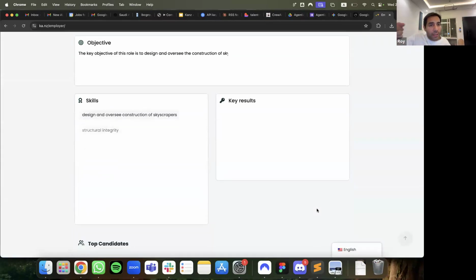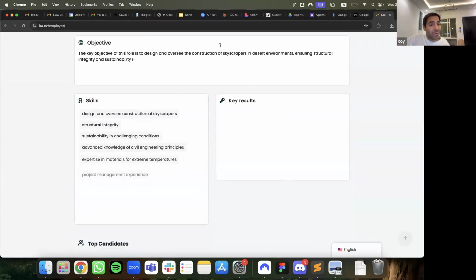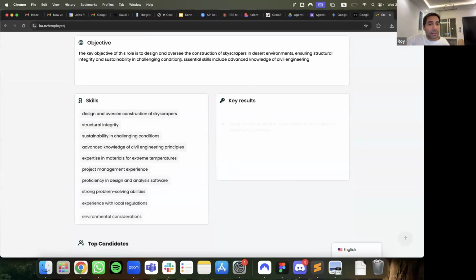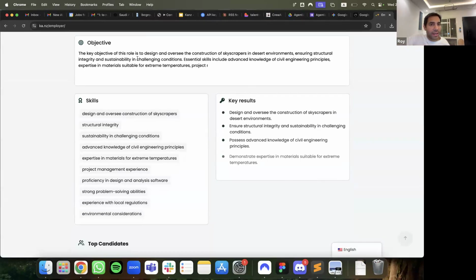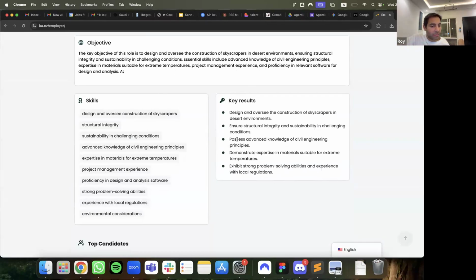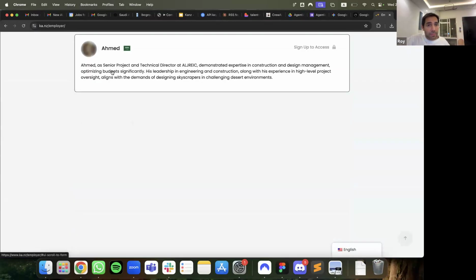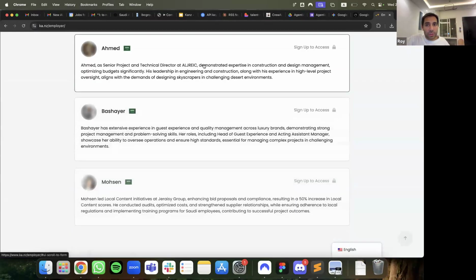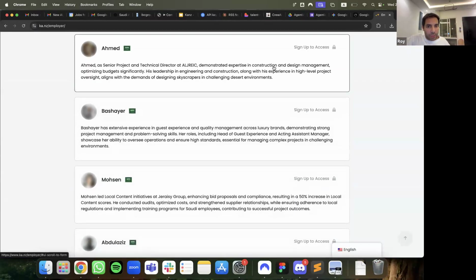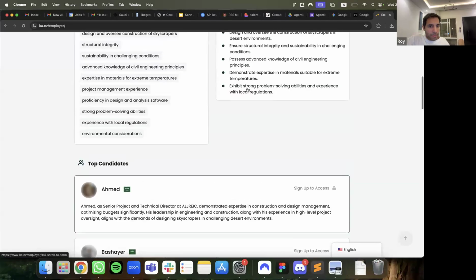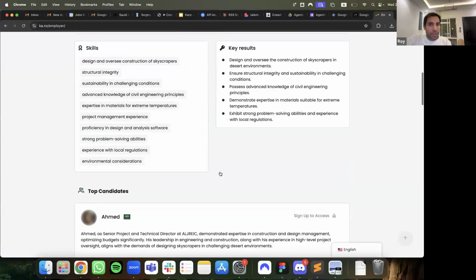AI agents are working in the background, and now you see how, okay, an LLM engine has created the objective, the skills, and the key results. Another LLM engine is searching through all the candidates in the database to surface Ahmad, who was a senior project technical director, and worked on these things to surface the top candidates.